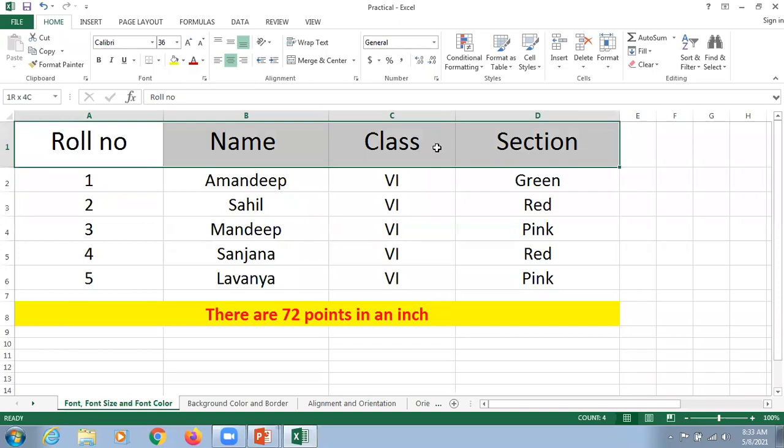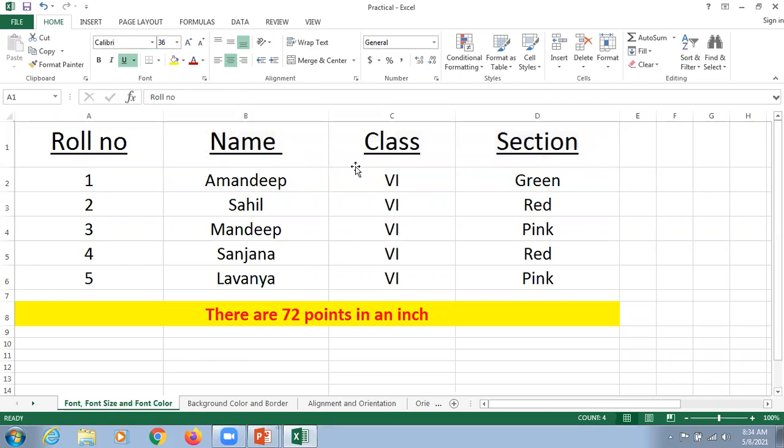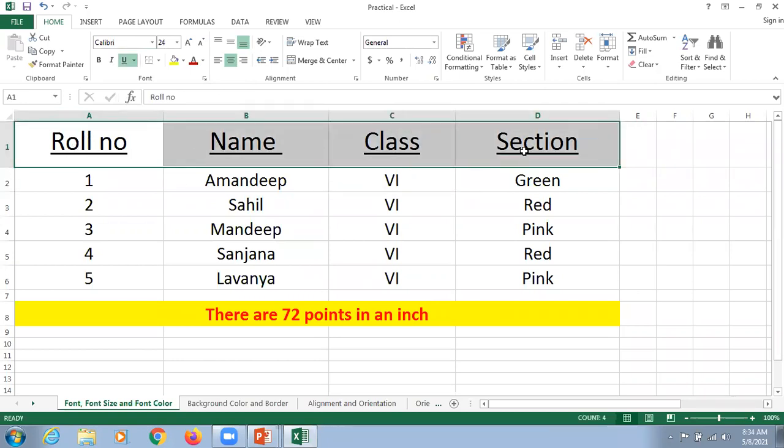So we can select it again, and now we apply italic. My dear child, watch carefully, there is a slant here, meaning it will turn slightly to one side. I'm just going to click. See, I am doing it again and again for you so that you are able to watch that yes, this is italic here. And the last one, my dear respected students, this is underline. I'm just going to click here. This is an underline here. But what we are supposed to do, dear respected students, one more option is there.